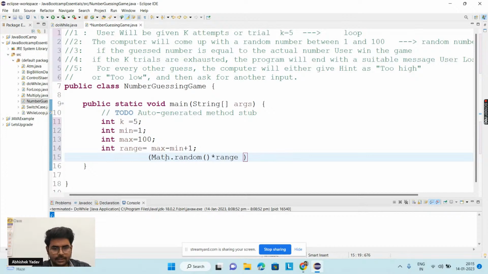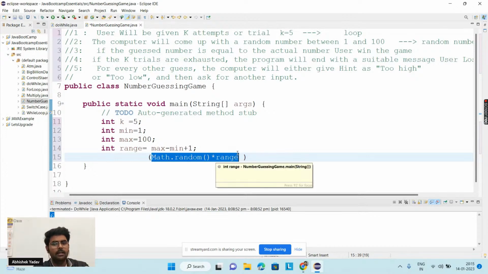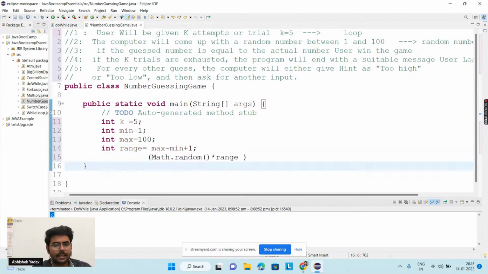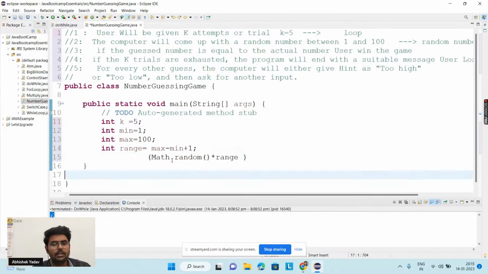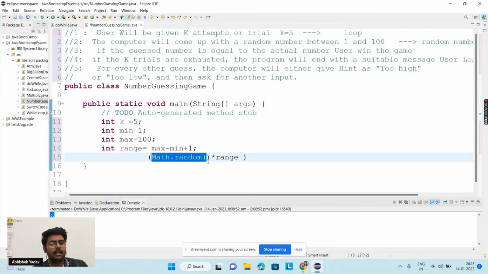And since this thing is double, and I want an integer value, what I have to do? Again, the same thing: you have to do explicit typecasting here, right? Why are you doing explicit typecasting here? Because I have a bigger data type, and the bigger data type here is double, because Math.random will generate a double value, okay? I have to store that bigger data type into a smaller data type variable, right? So in order to do that, we have to use explicit typecasting,